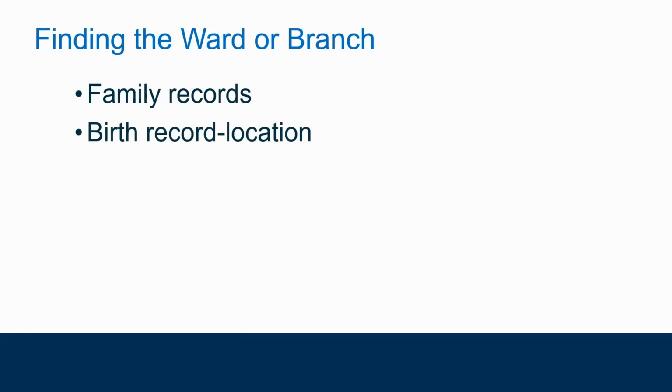Now, a birth record might help with the location. When this child was born, they were living in this city. Okay, this child was born, they were in this city. That will help you to narrow down a ward. Church census are a wonderful help. So go into those records and see, it will actually list the ward name. So if you're lucky enough that you're in the time period where those can help you, it's a great help